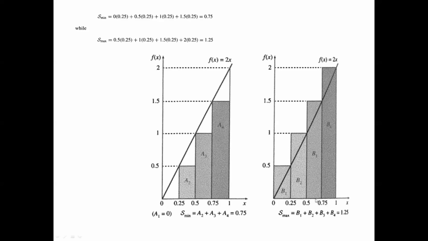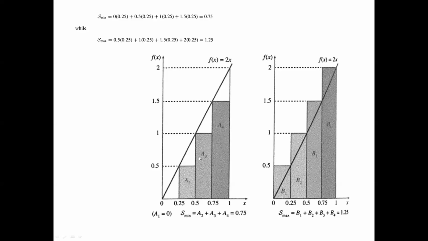If you come to the right hand side, you will see that you have the same closed interval 0 to 1, which is partitioned into 4 parts. So the lengths are again 0.25 each. Now omega is chosen here. Previously omega was chosen here. Now we are choosing omega here, here, here, and here. So we get 4 rectangles and they will be B1, B2, B3, B4. The sum comes to 1.25.